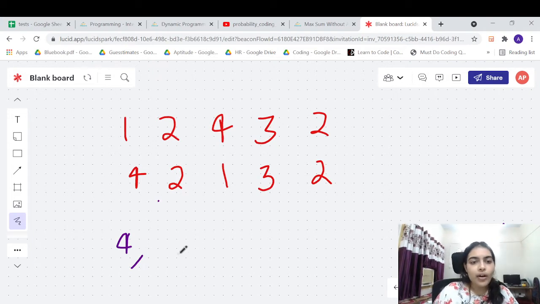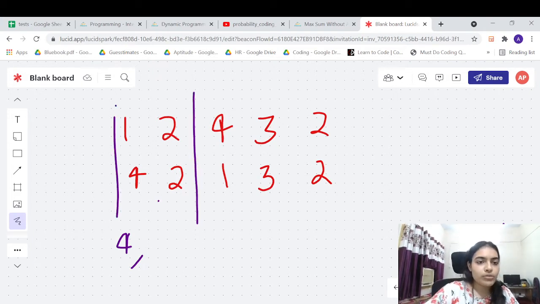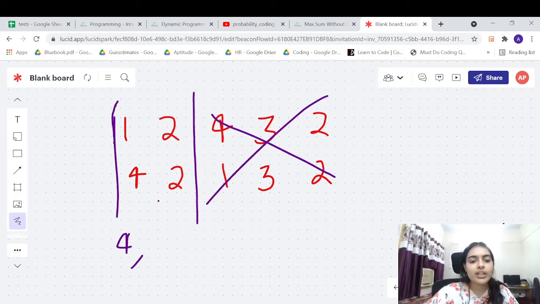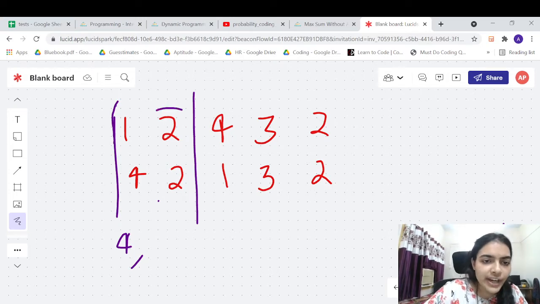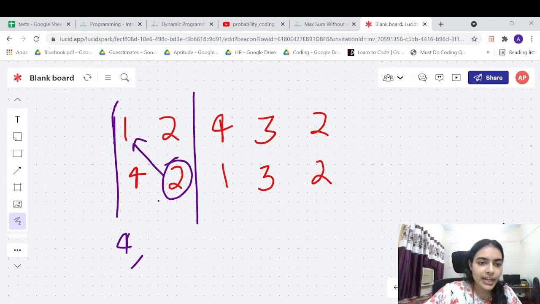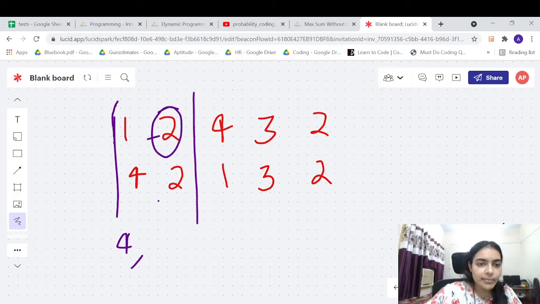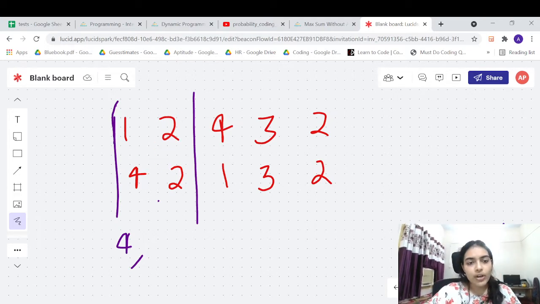Okay. Now let me include the second column also. So now suppose I am ignoring this part and I have the first two columns. I have this column plus this column. Okay. Now if I take any of the elements here, I cannot take the first row because these are adjacent. For example, if I take this element, I cannot take these three elements. If I take this element, I cannot take these three elements. Okay, so I already have the answer for the previous column. Whatever answer I take here, I cannot take any of these elements, right?